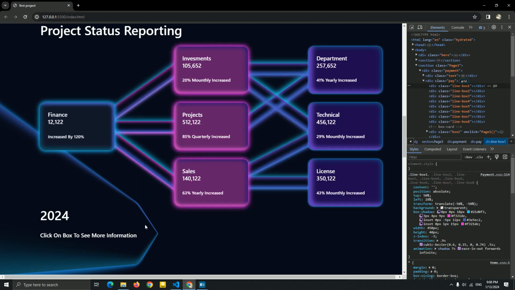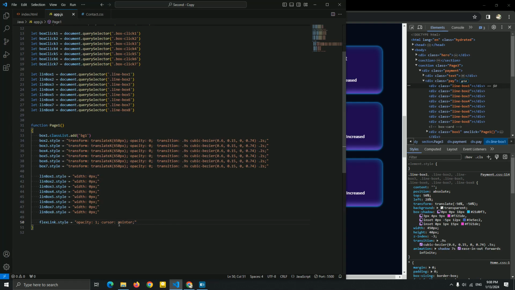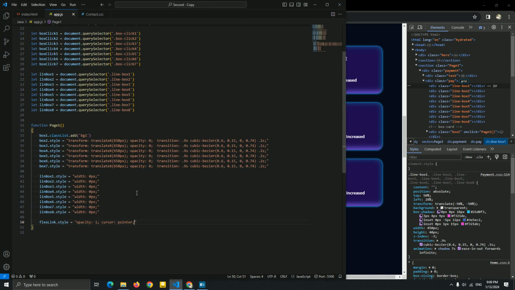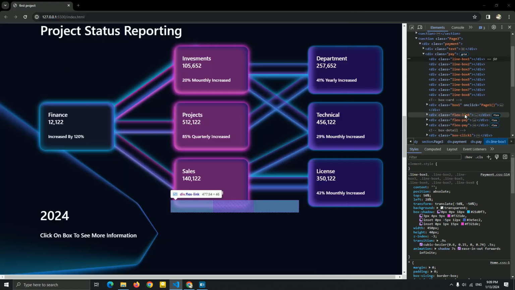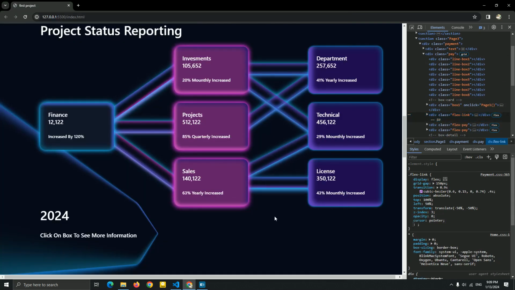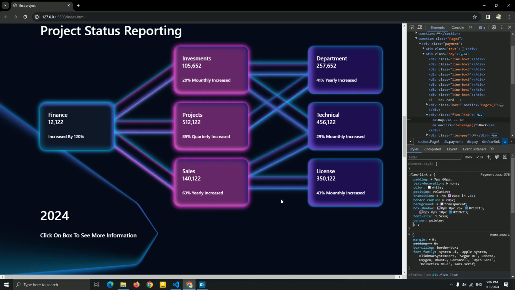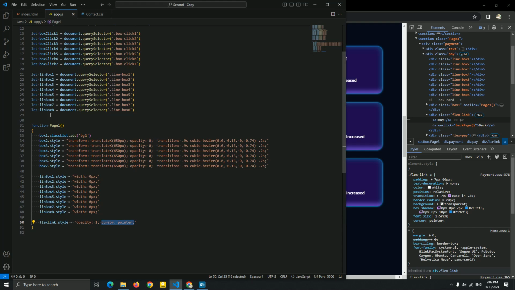Okay, this is good. And you may ask why I add this cursor pointer. Because if I add a cursor pointer in CSS, that means if a user hovers the mouse over this, it will have a cursor pointer. So this is why I added this cursor pointer in this JavaScript. But just in case, to show you what's gonna happen, let me just show you very fast. If I add this cursor pointer, you can see, I'm sorry. And you can see, guys, it's cursor pointer. This is why I don't add it in CSS. I want to add it in this function.